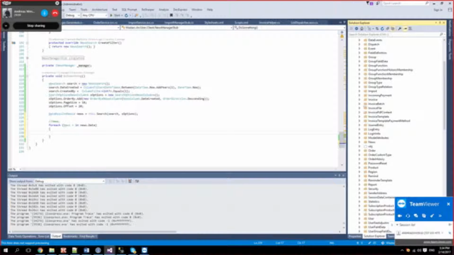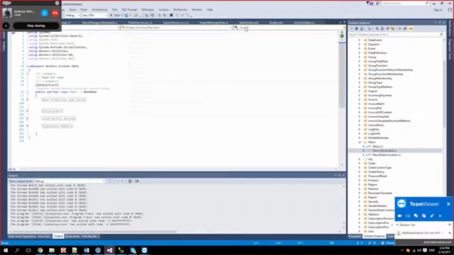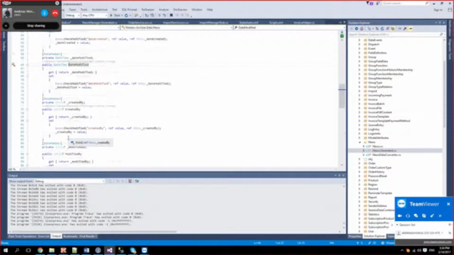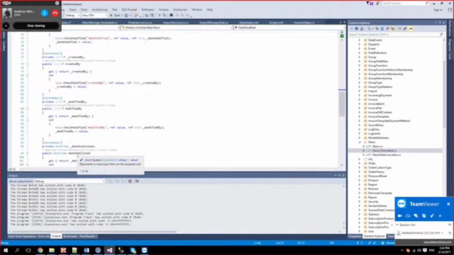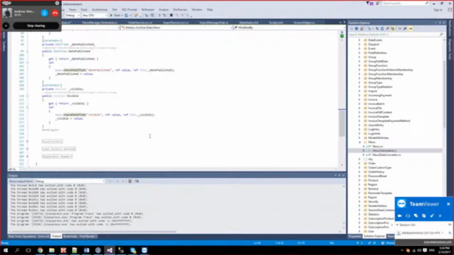So here we could find the news. This is the data structure for the news, and we got some old legacy. This stuff is not in use anymore. It's just present, unfortunately.